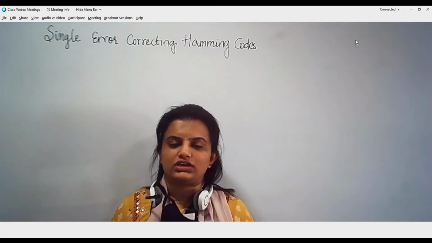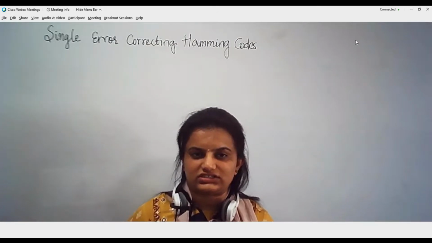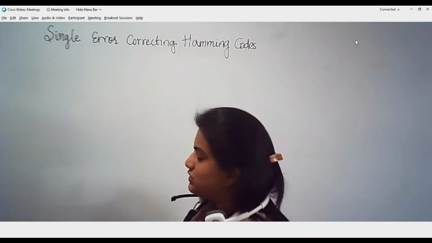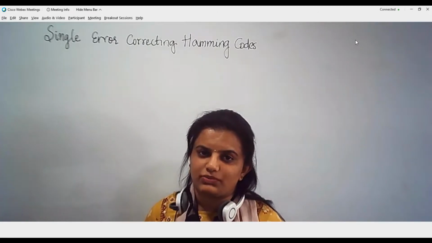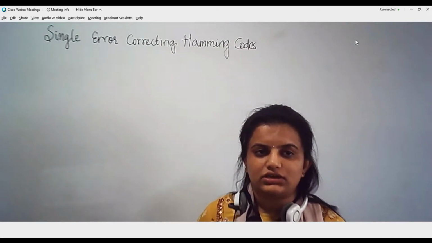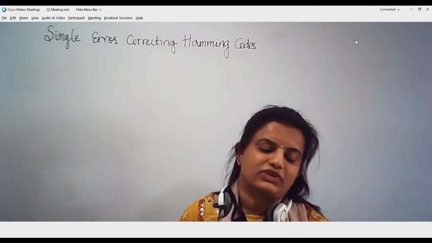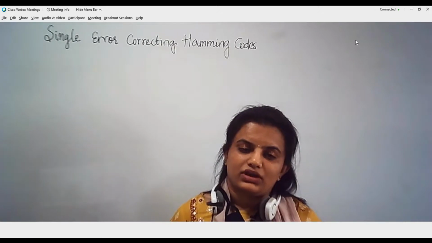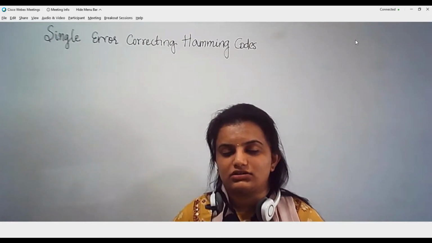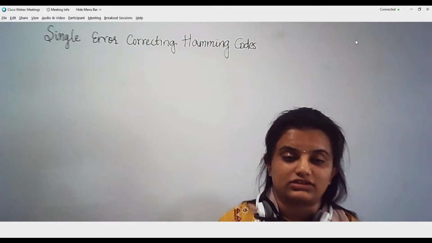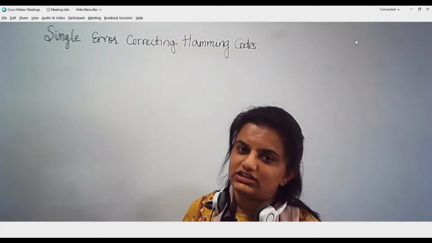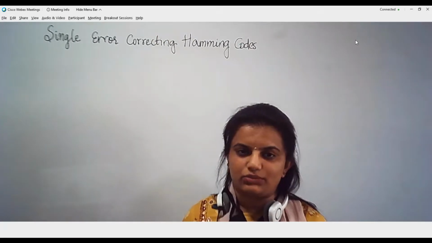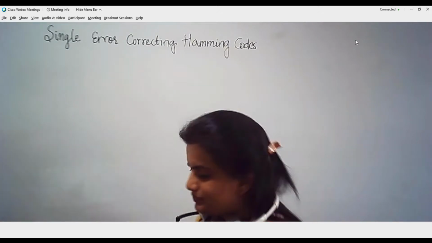So far we have been looking into the linear block codes of size (n, k), where k information bits are converted into an n-bit code word vector. But we had begun just by obtaining a parity matrix P, and then we coded the k bits into an n-bit code word. That is what we were doing, without knowing how many error bits it can detect or how many error bits it can correct. Without knowing anything, we started with the linear block code, and we went on to look at the steps involved in the encoding procedure as well as the decoding procedure.